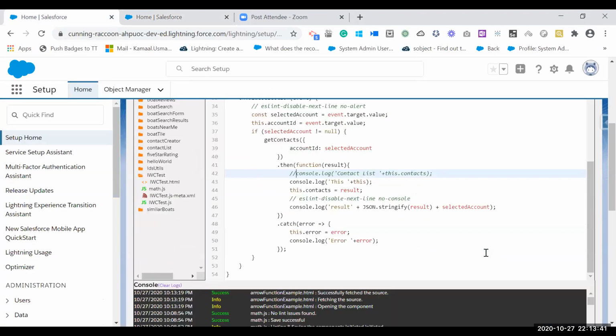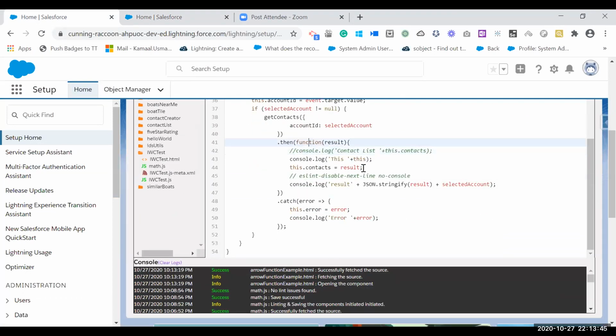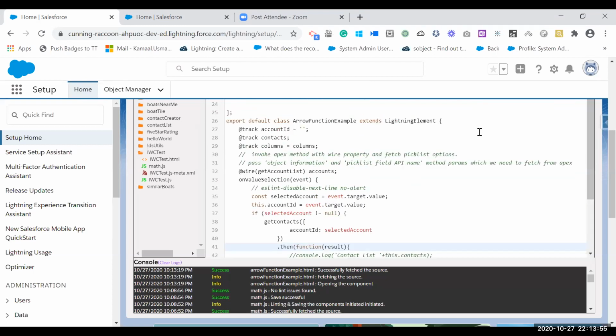Here in the JavaScript, as you can see, we are getting the result in this function. Currently this function is trying to find this contact list, which is declared at the class level using the track property, because we want to change it dynamically.